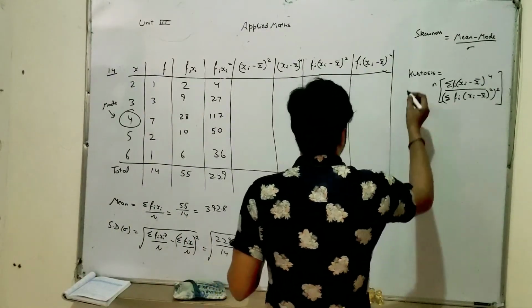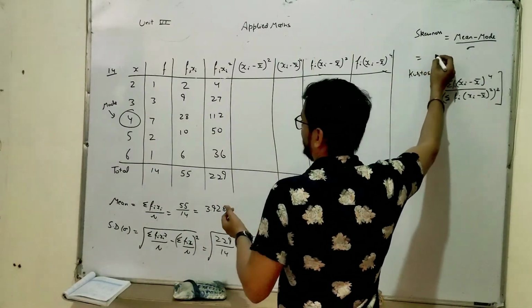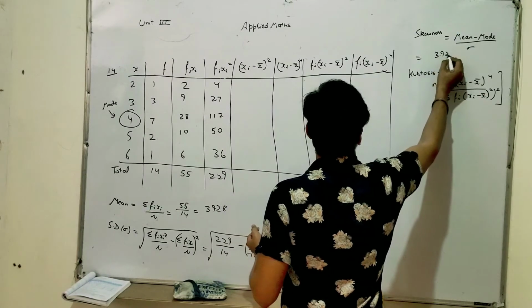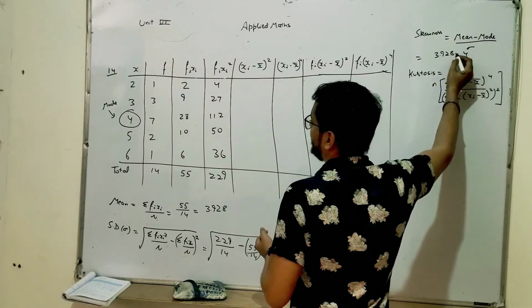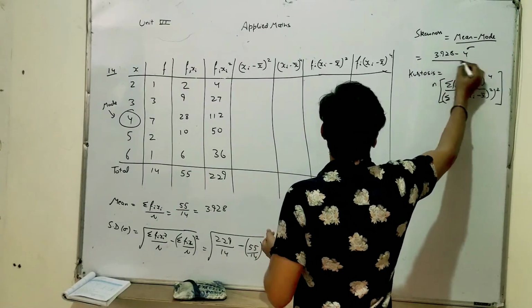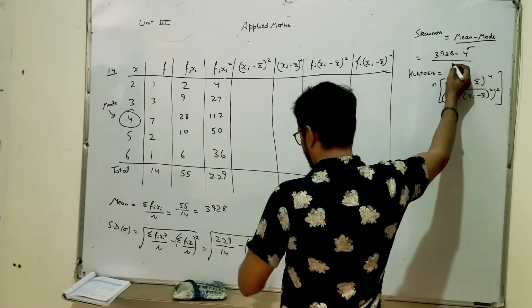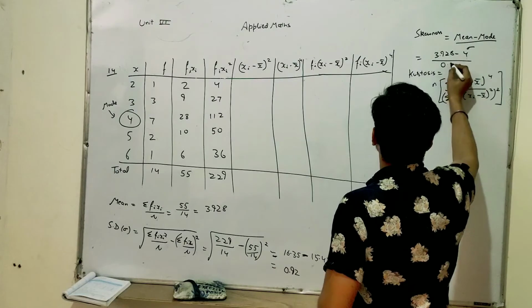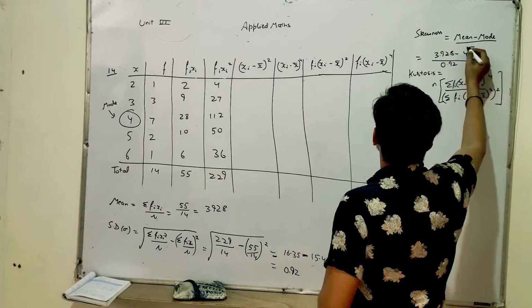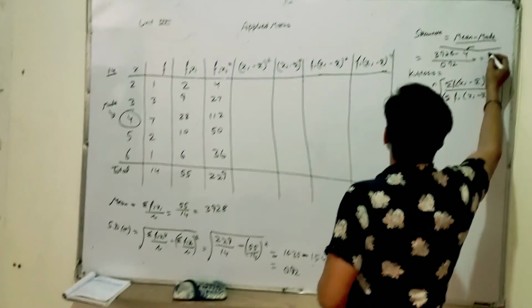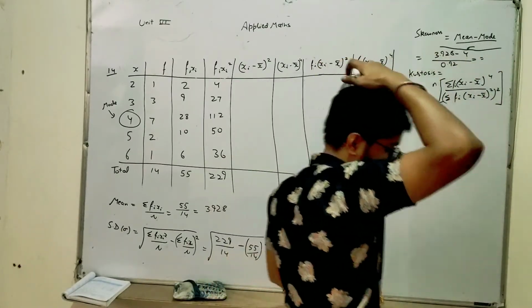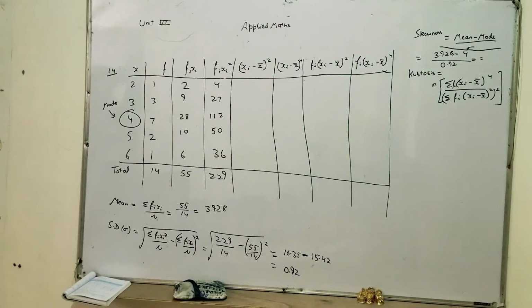So skewness will be mean 3.928 minus mode, which is 4, divided by this 0.92, right? So if we calculate it, this will be equal to